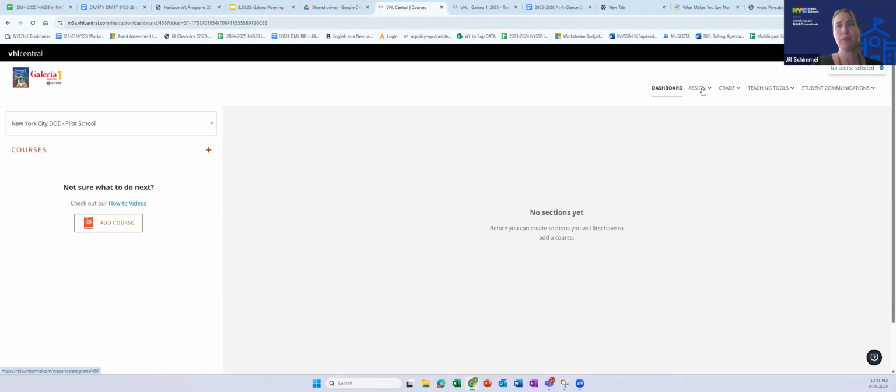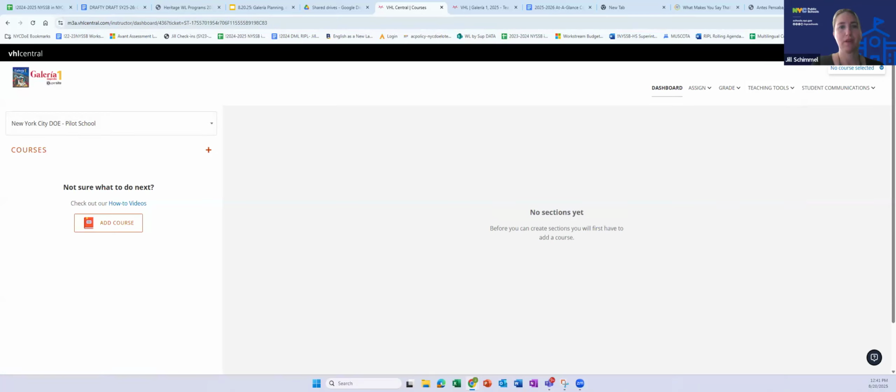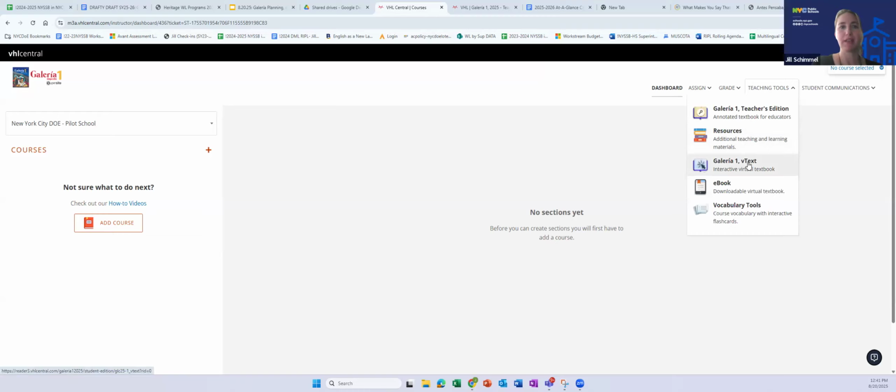Let me ask cohort 1, 2 teachers, did you use the teacher's edition or the interactive virtual textbook? I use both. If I wanted to copy and paste language, or copy and paste an image, I may have used the virtual textbook. The virtual textbook, the vText, yeah.